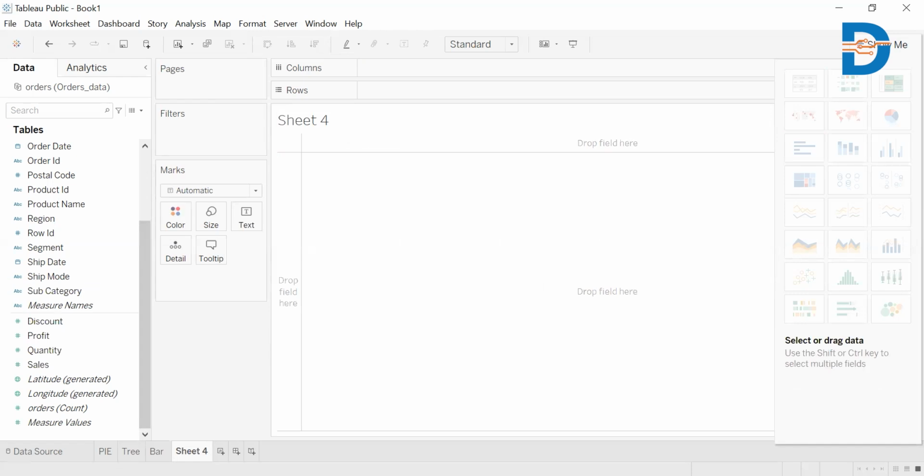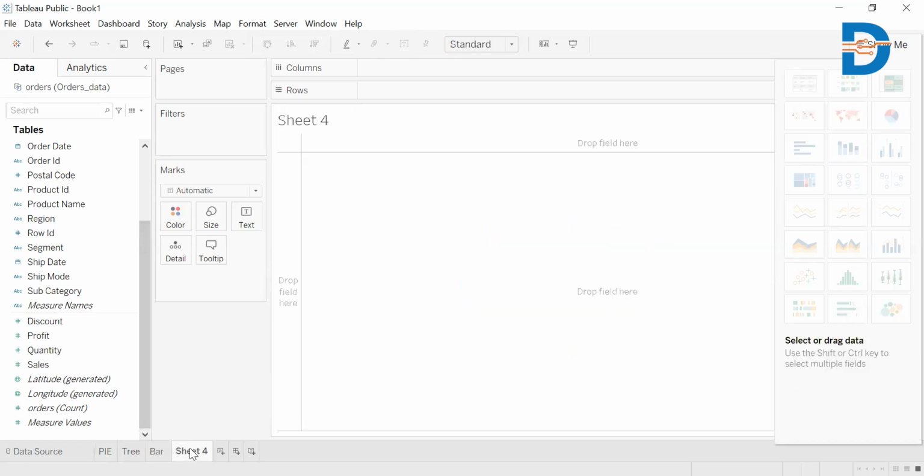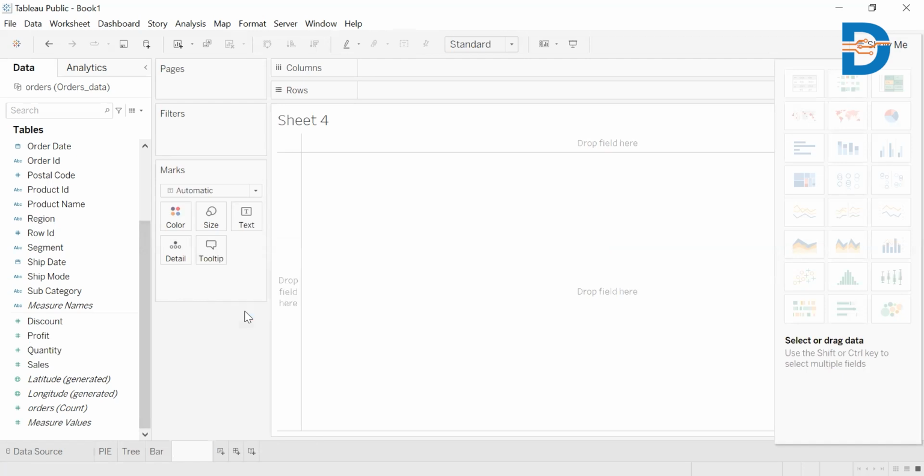Next, I'll create a stacked bar. One more thing we need to keep in mind is that in one sheet, you can only draw a single chart, not more than that. Sheet 4, renaming it to stacked